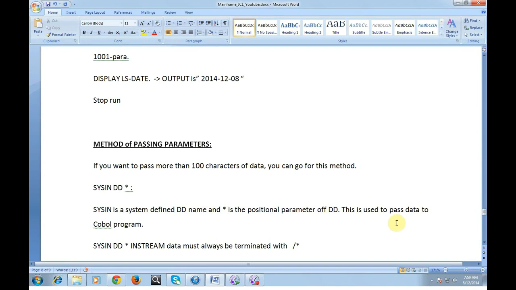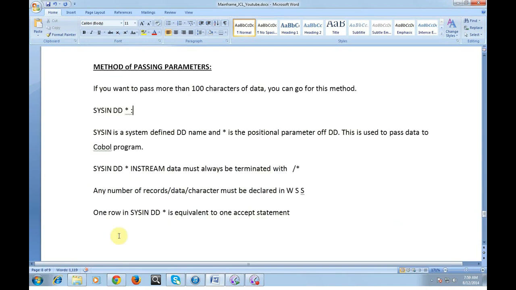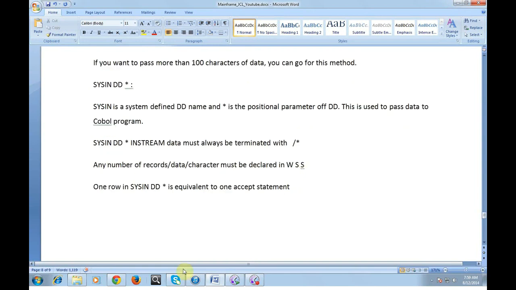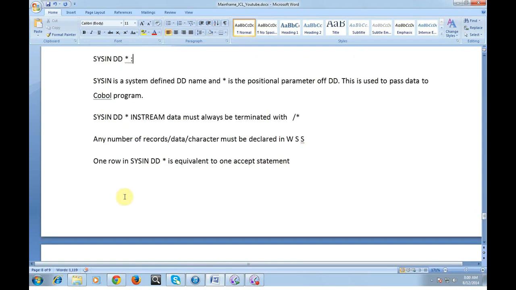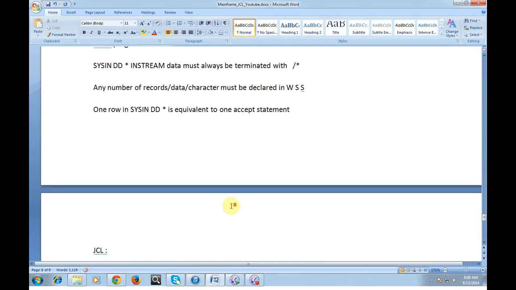This is used to pass data to a COBOL program. SYSIN DD * in-stream data must always be terminated with /*. Any number of records or data characters must be declared in the working storage section. These are very important points. You need to make a note of it. One row in SYSIN DD * is equivalent to one ACCEPT statement.